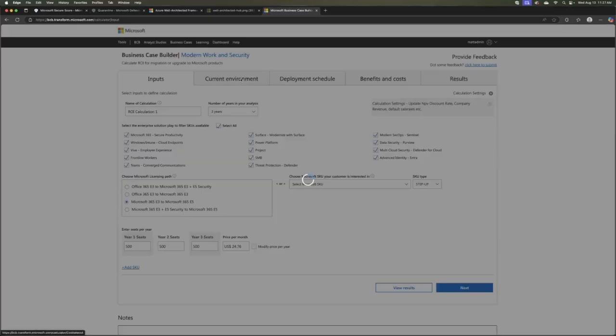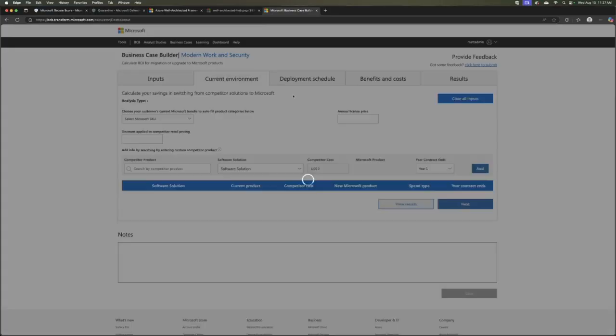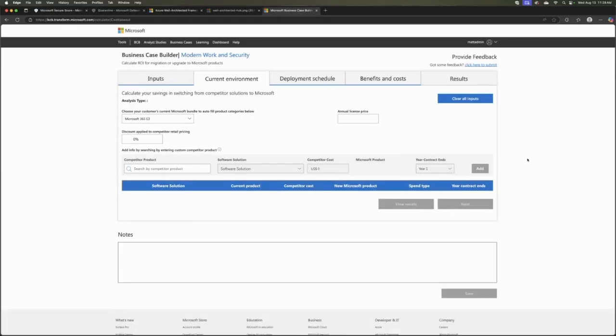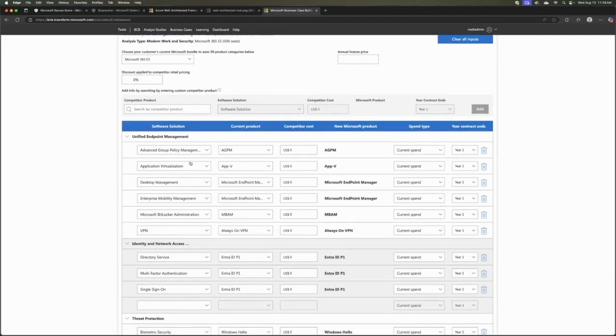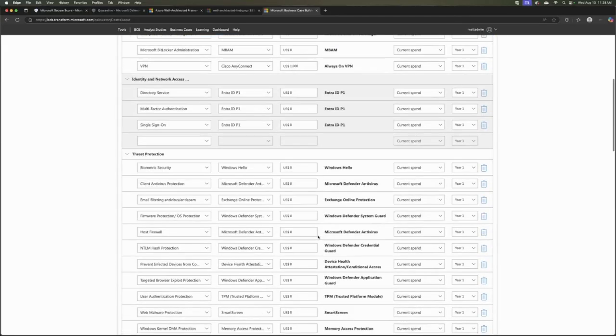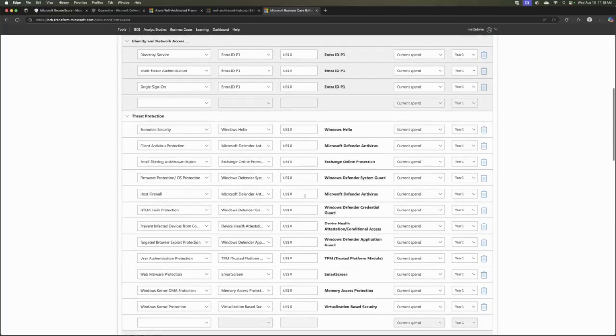Now I can go to the current environment tab, and give it a moment, it's going to allow me to go through different categories of security products and then start to ask questions of the customer. Hey, what are you using for VPN? And when I hear things like we're using Cisco AnyConnect, great, how much are you paying for it? We're paying whatever a month, right? Let's just make this up, $1,000 a month. I don't know if that's really it, but hey, we're paying $1,000 a month. So I could start to ask some pointed questions to get on paper what you're using that's third party.